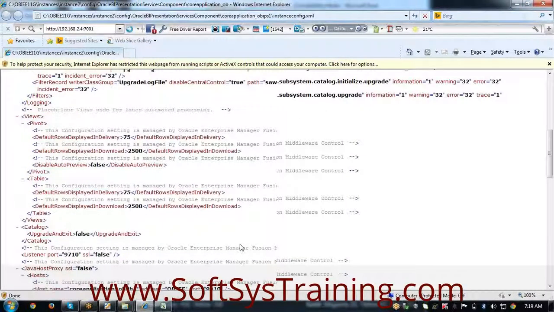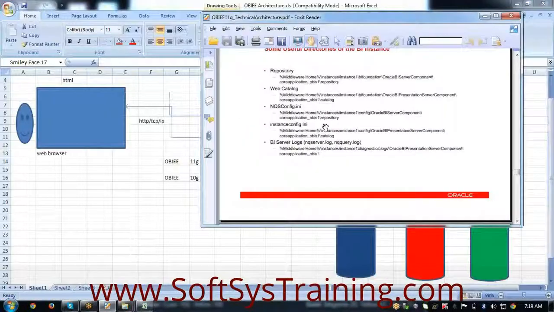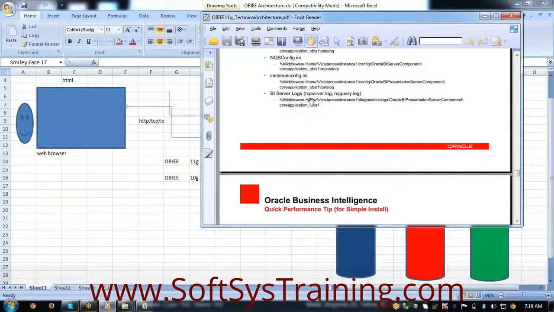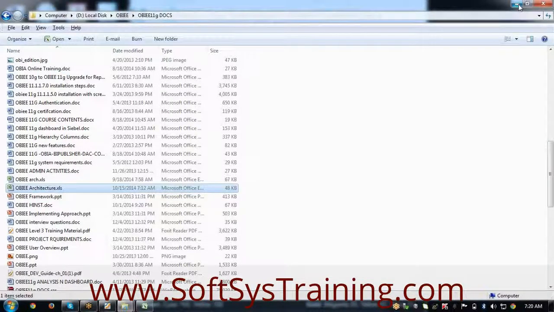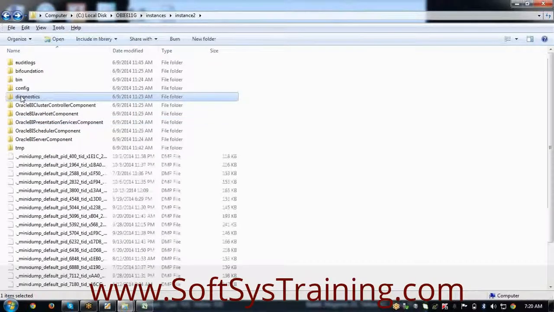Then you have the BI server logs. Not only the BI server logs, you can get the logs of any component in a folder called the diagnostics folder, in the OBI 11 instances. I have instance 2 here. Actually, there was instance 1. But what happened is that